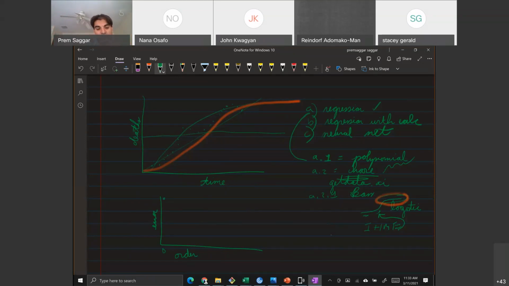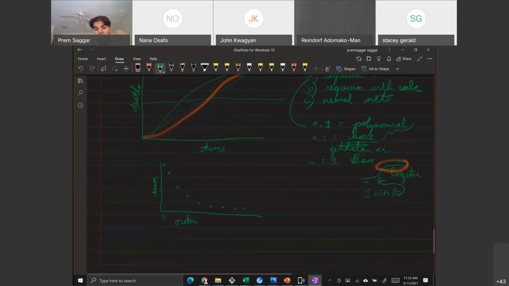So as you increase the order, the curve is going to get more and more close to the underlying phenomena. This is a fact. This is a function of polynomials. A third degree polynomial is going to be, let's say, a cubed plus b squared, etc. And if you go to ninth degree, this is going to be a to the ninth plus b to the eighth, etc. And these coefficients and these powers make the curve much more expressive.